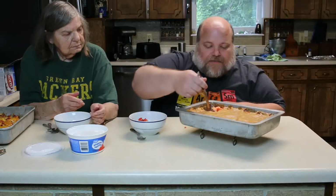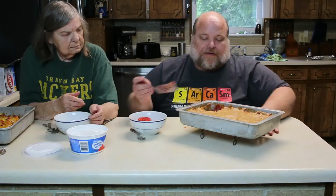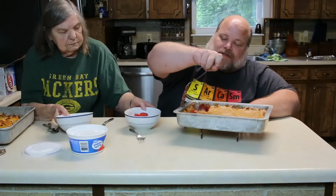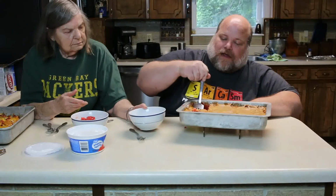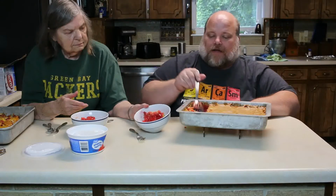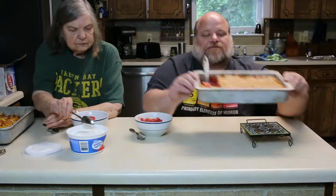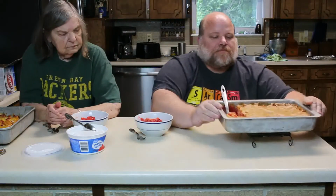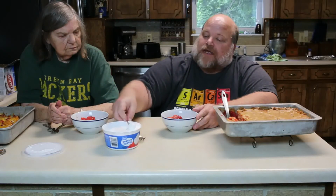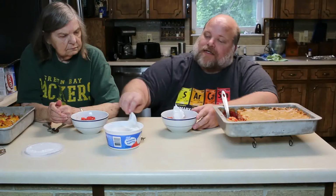And this is an upside down cake. First one always comes out a little bit rough. That looks much better. Alright, so what you're looking at, as you can see, here the cake is on top. You flip it upside down and that's where all the goodness is, where we put it at the bottom of the pan. You can serve this with nothing, just naked, or, especially when it's hot like this, ice cream would be good,